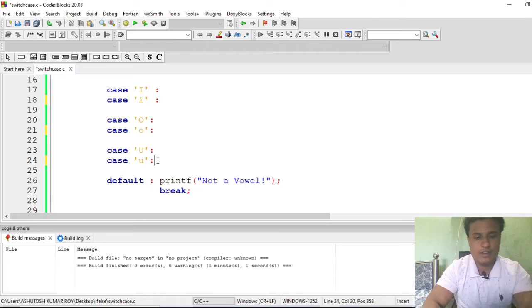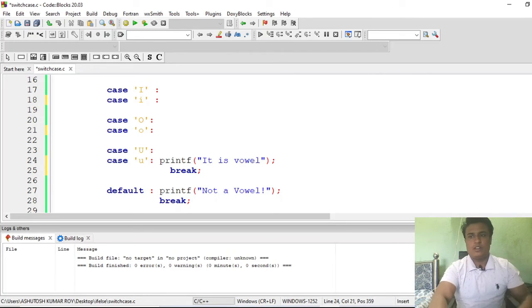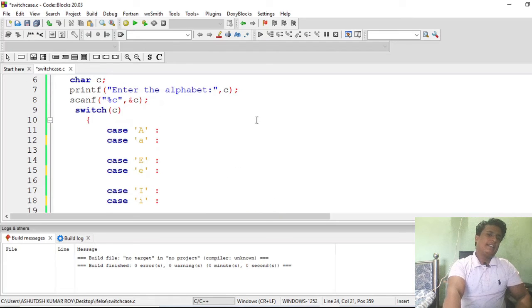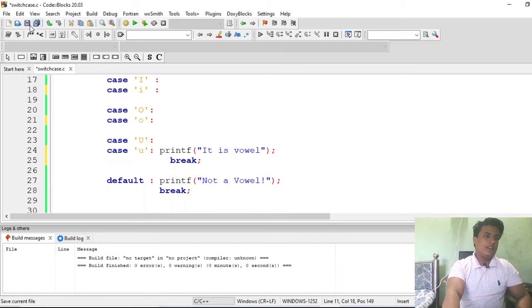I am showing you that we are not maintaining any statement for the other cases, so all the cases are executed together, and I am not using break here. What if I use break here? It will just execute this code and terminate from the block. So don't use break here. Remember this point. Let me run it now.